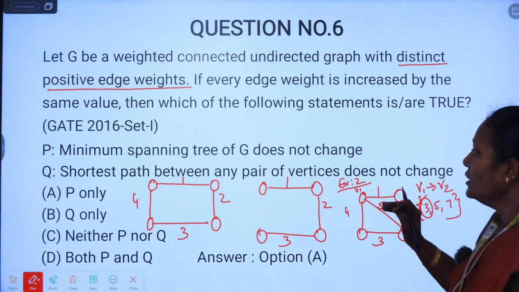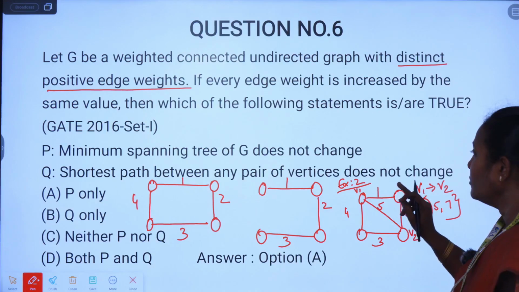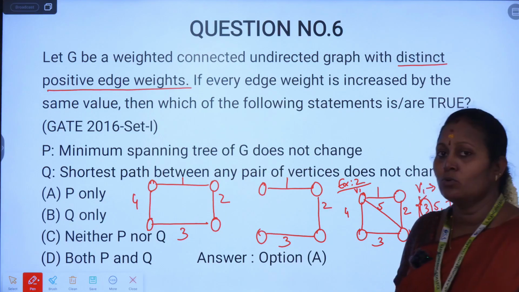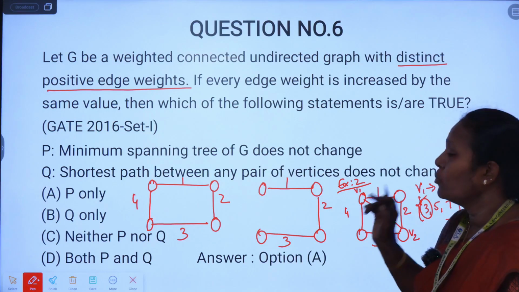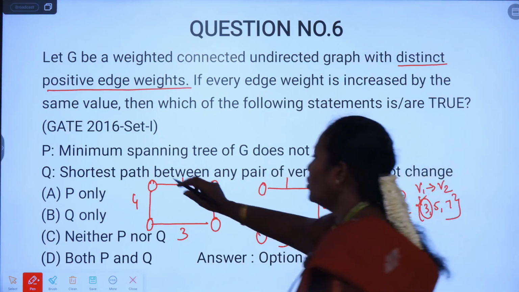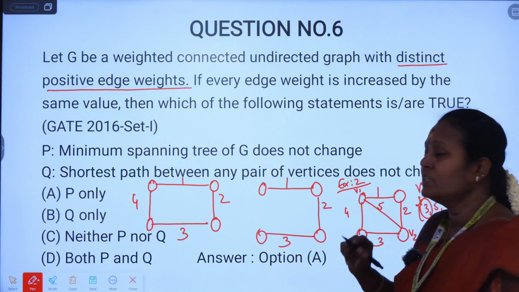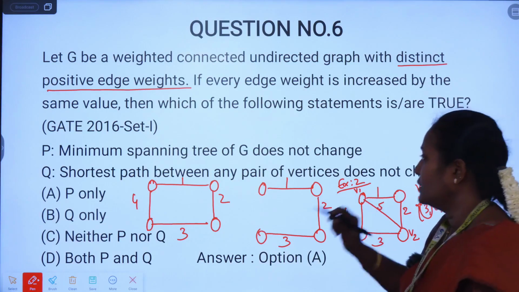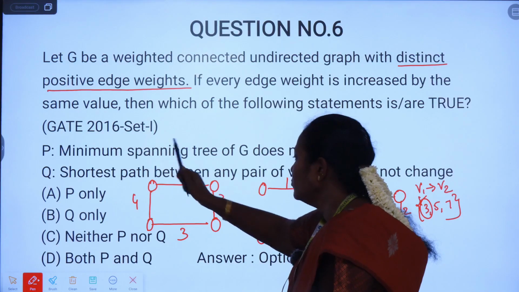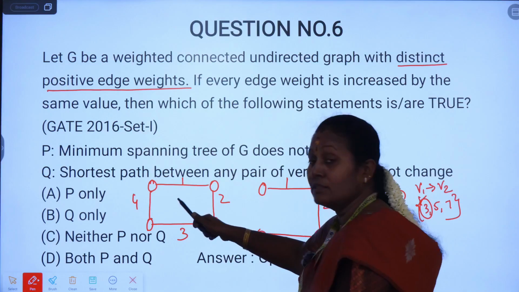The next thing is shortest path. First one is minimum spanning tree. The second option is: shortest path between any pair of vertices does not change. We are going to check whether both conditions are true, or one condition is true, or both are wrong. Okay. First, for checking the first option, we are going to consider one graph, that is an undirected graph with distinct positive edge weights. This is the graph for option 1 that we are going to check, with distinct edges. In this graph we have 4